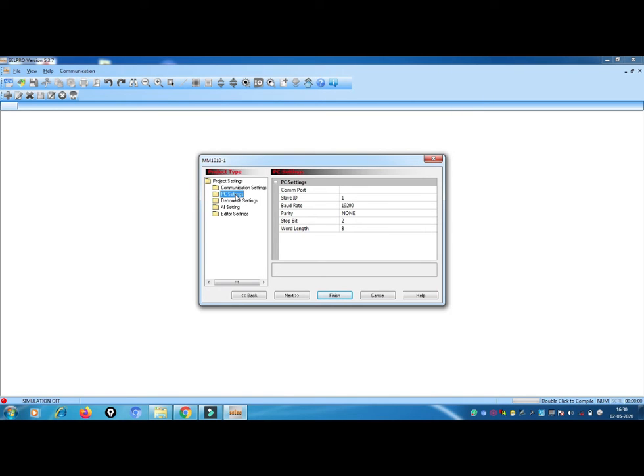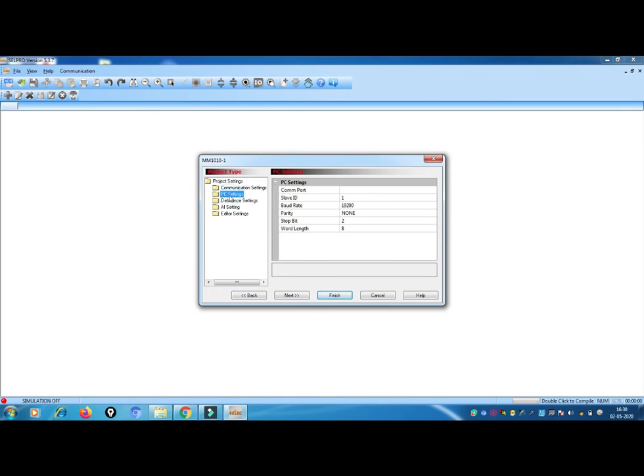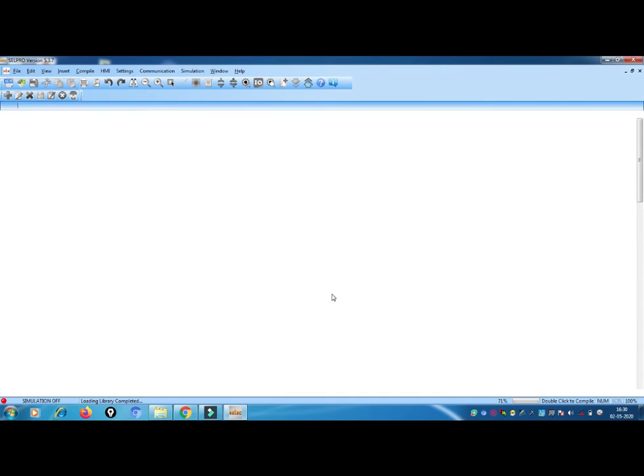We are not doing any hardware communication. Even if you are doing hardware communication, we just look at the baud rate and communication port only. Okay, so go for PC setting. Debug settings also we do not need to edit. Okay, all settings, editor, if you want to change the name, these are the default colors they have given. Okay, go for next or go for finish. I will go for finish.